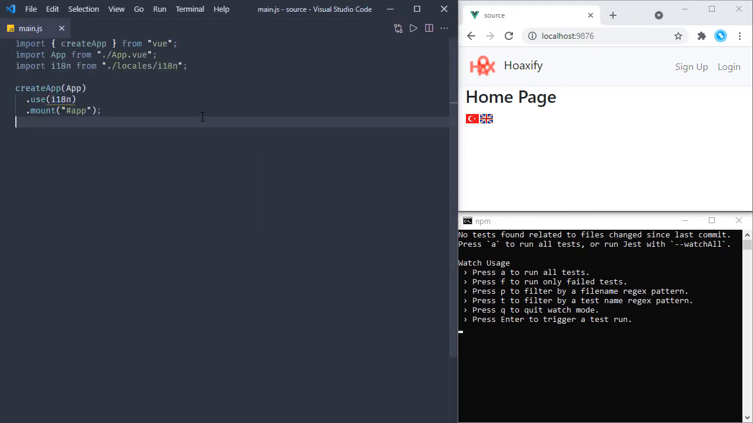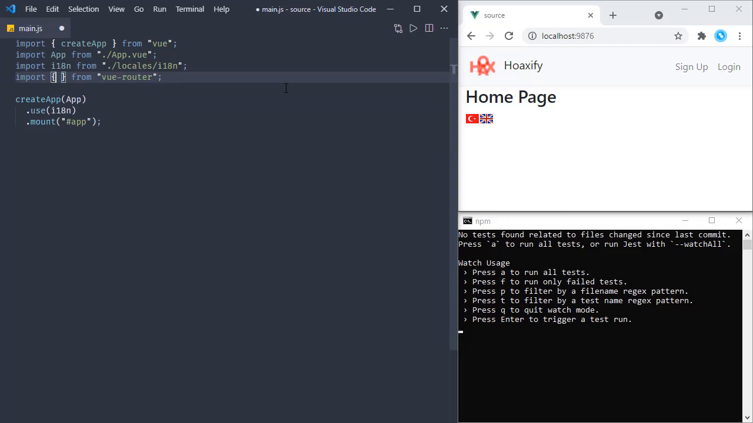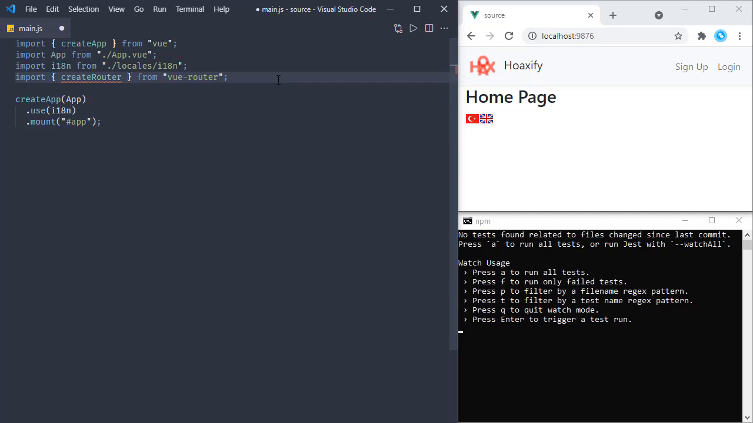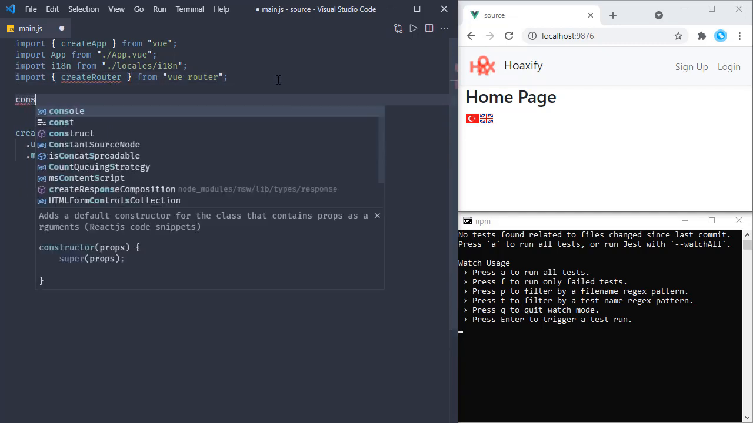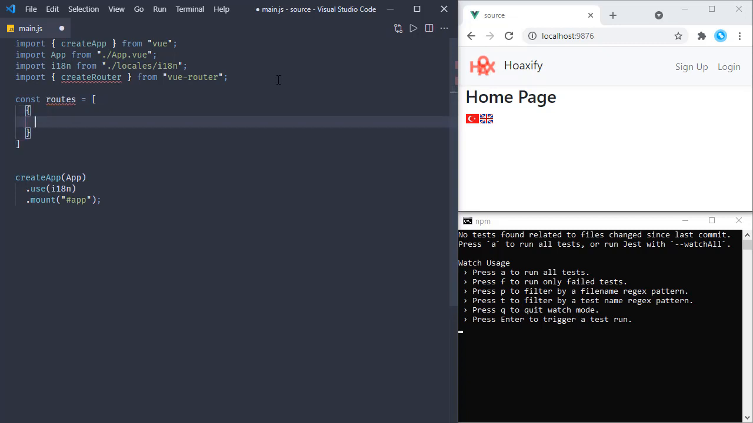Now let's use Vue Router, and we will do our implementation in main.js. Just like this internationalization library, we are going to add this routing library as a plugin. So we are going to import dependencies from Vue Router, and the first thing we are going to import is the createRouter function. And let's have an array. Let's call this one routes. This is an array, and in this array we will have objects, and these objects will have path